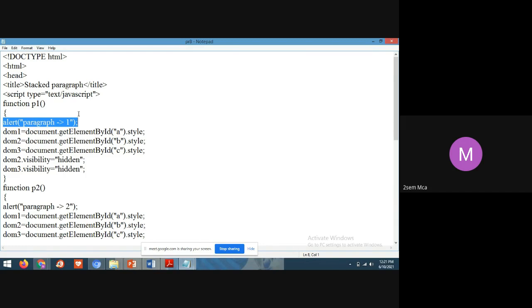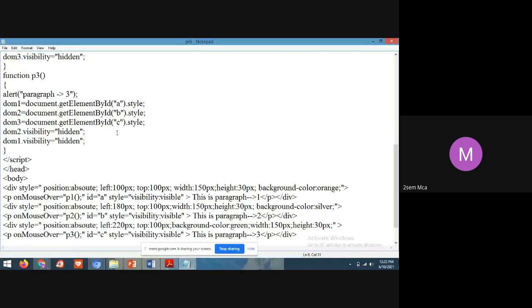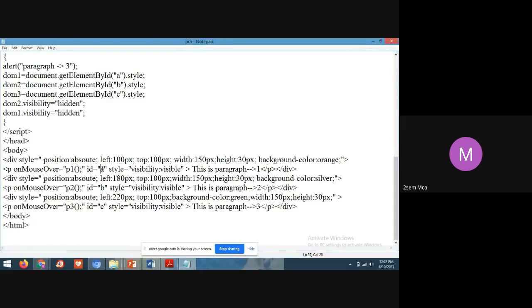What information will it display in the alert window? That is paragraph 1. And here I have taken 3 variables, DOM1, DOM2, and DOM3. So what is DOM1? It will return dynamically this value, getElementById A. What is A? A is here.